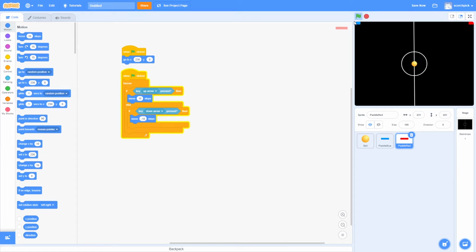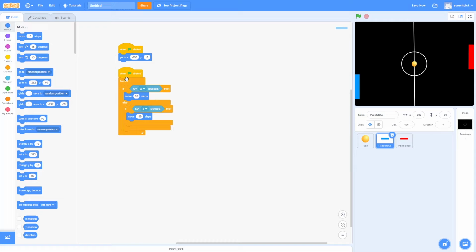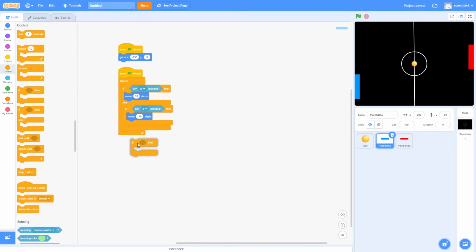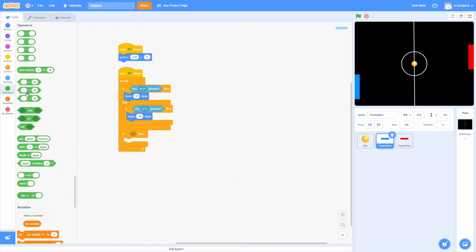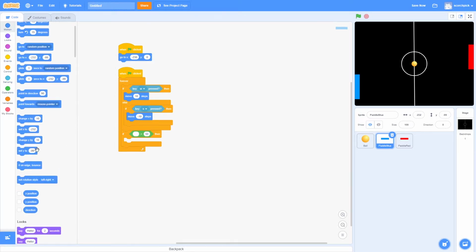You'll see that the limits are a bit odd, as in you can kind of go out of the bounds of the map. What we could do is say forever, under all these ifs here, we'll make another if. I'm doing this on the blue paddle, by the way, just as an example. You don't have to do this, but if you want to, you could use the bigger than operator. Under motion, it's the Y axis we're changing, so if Y position is bigger than